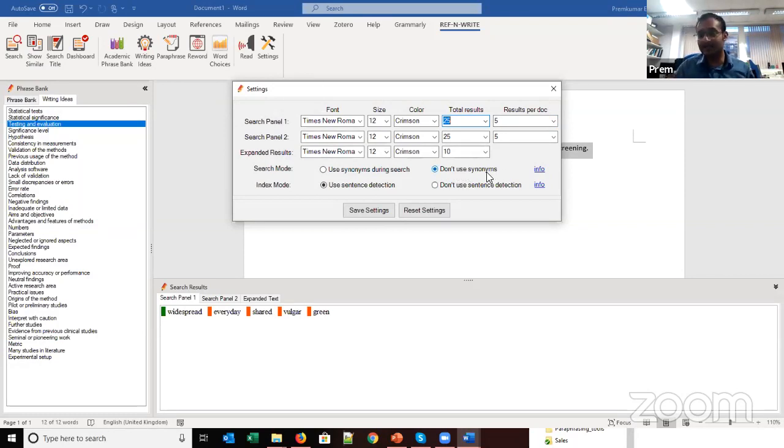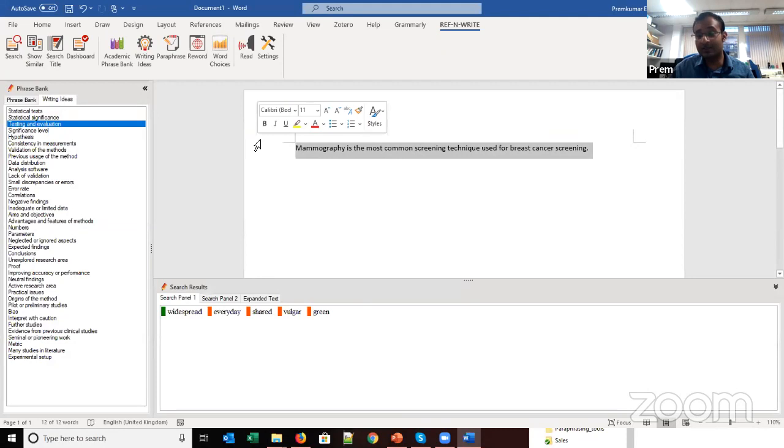It searches for the text as it is. But if you want to use synonyms during search, it would look for synonyms as opposed to looking for exact words. It would look for synonyms of the words that you're searching for as well. So you'll get more search results, more relevant as well as irrelevant search results, because you're looking for synonyms as well. It comes down to individual taste, and so it's the same thing.